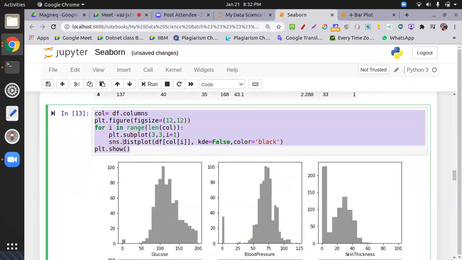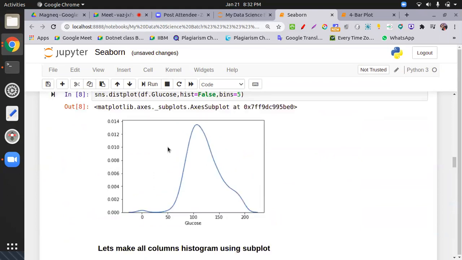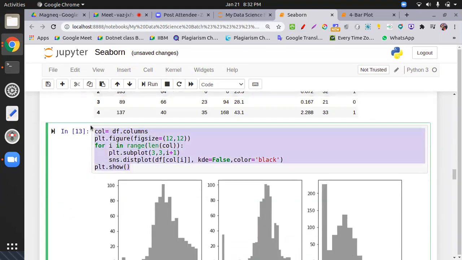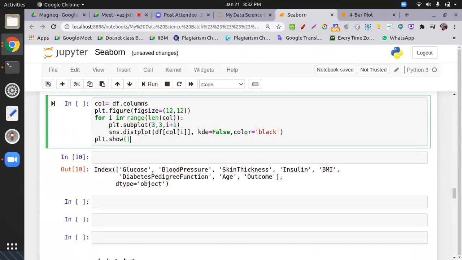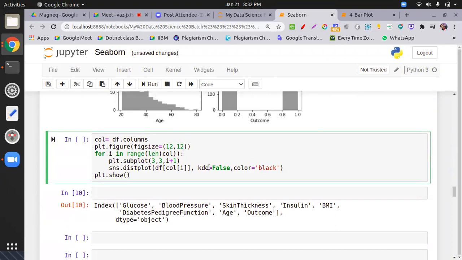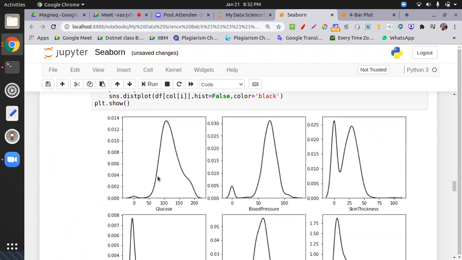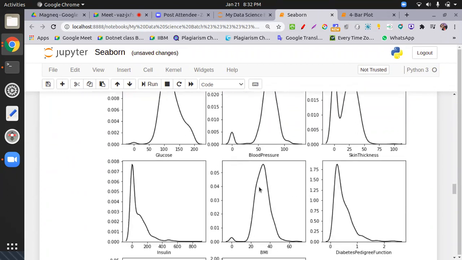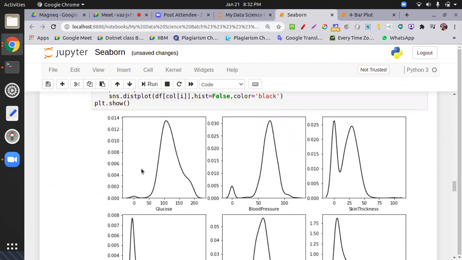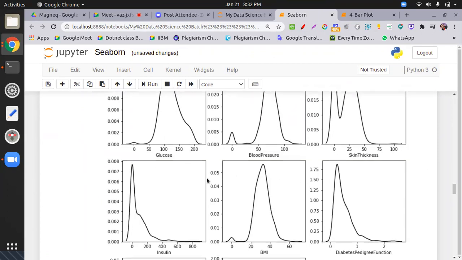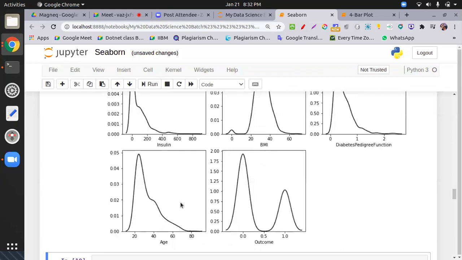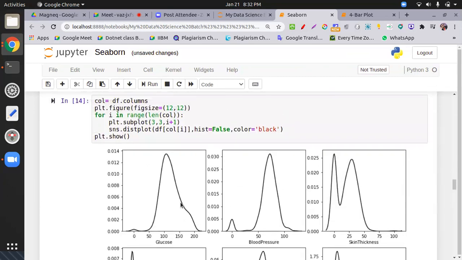All right. If you want the distribution line, this line over here, what you do is use the same code and make the hist equal to false. Now you can see the distribution. There is a bell shape. It's left skewed, right skewed. So I will show you this thing by the distribution of data. You can see over here all the lines. So depending on what you want to present.